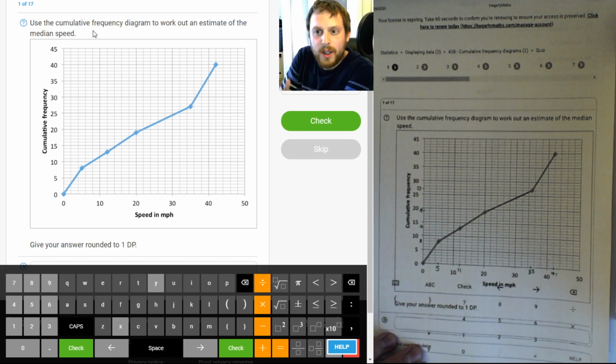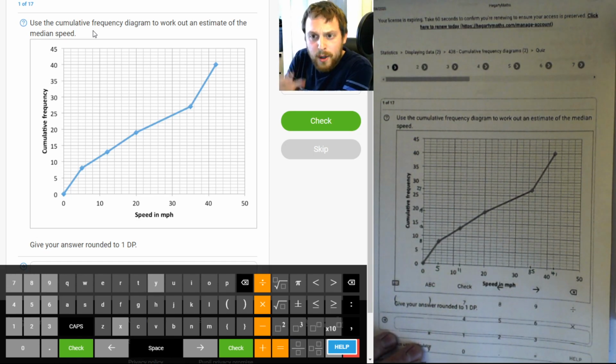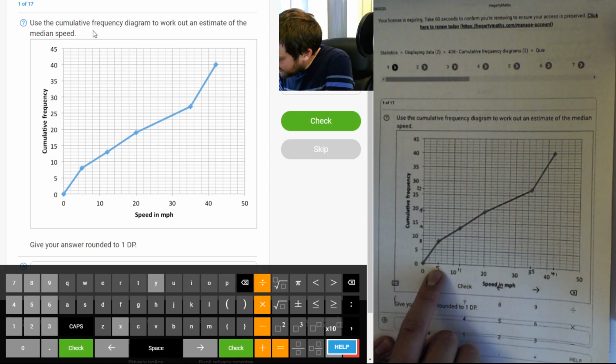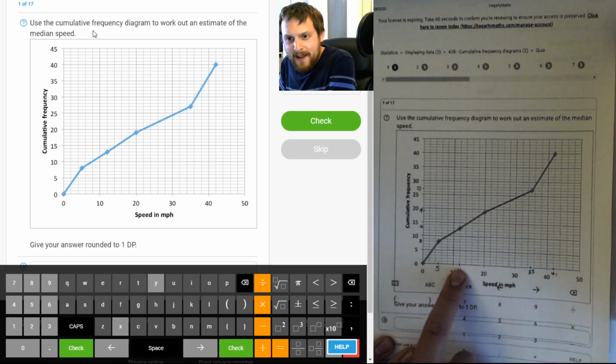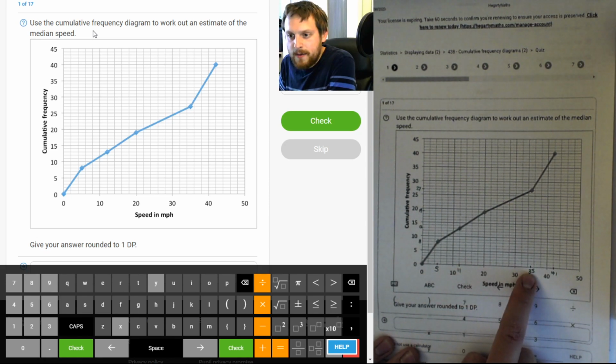So a bunch of cars have had their speed measured, maybe past a speed camera or something like that. And then they would have been grouped. And there would have been, I guess, 0 to 5, 5 to 11, 11 to 20, 20 to 35, and